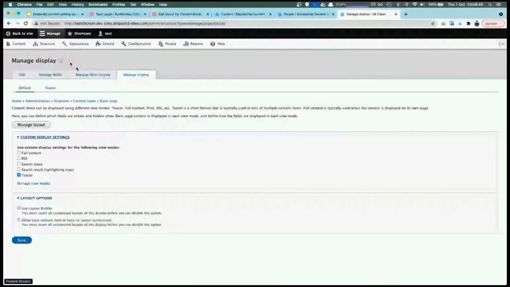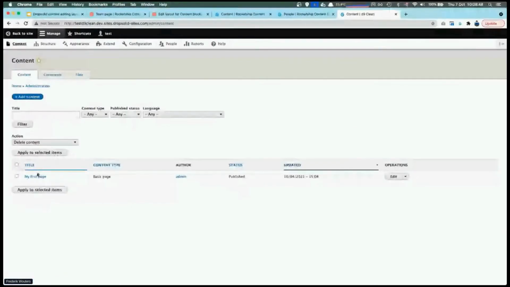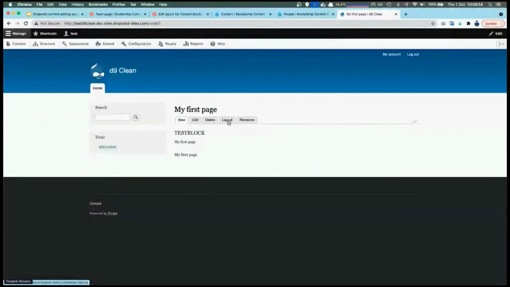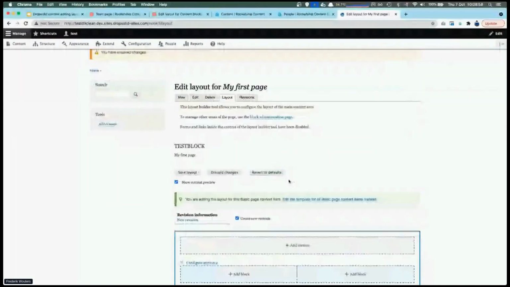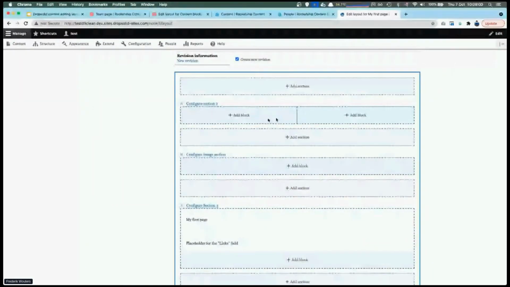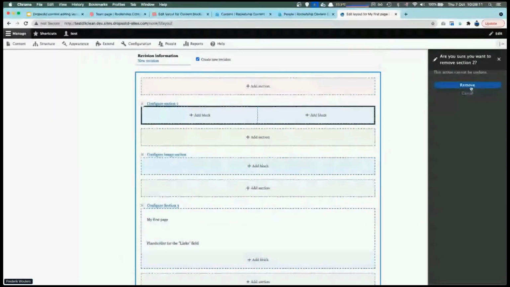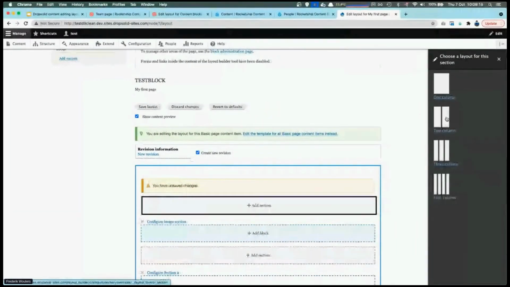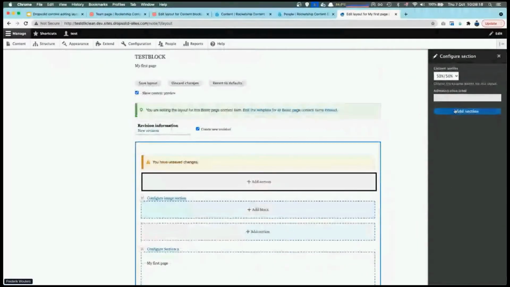So when you enable this, then this is like Drupal out of the box, a plain Drupal, nothing installed. When you do this, you have your classic page. You can view your page, and then if you press the layout button here, you can see, okay, there's something new here. This is the new layout builder tool out of core. And then if you add a section, for example, I added a section here that's empty. Let me remove it just to see. Okay, remove it. And then just add a new one where I can choose the sort of section that I'm adding. I'm calling it new section,